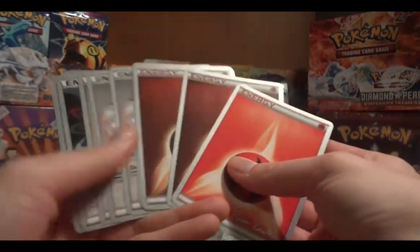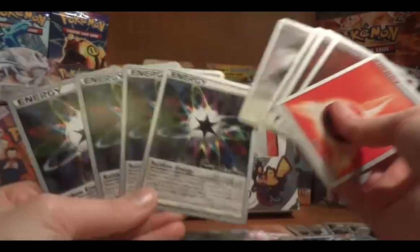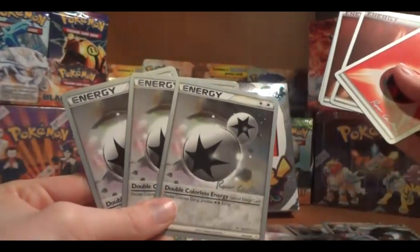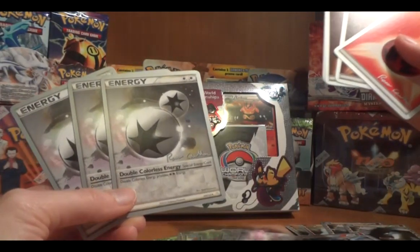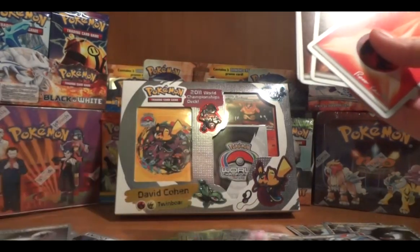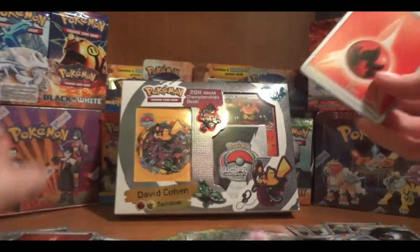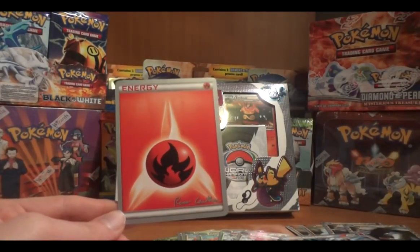And then we've got a nice, huge variety of energy. We've got 4 Rainbow, and that's because we have so many different types in this deck. You really need a full line of Rainbow. 3 DCE, again, you're going to be seeing this mainly in Zekrom, but really this could be used for anything, especially just as a retreat cost. Oh, I'm sorry, there's 4 DCE. 2 Fighting Energy for Donphan, and 1 Fire Energy for that Suicune NT Legend if he actually decides to use